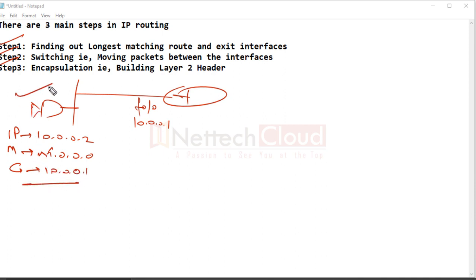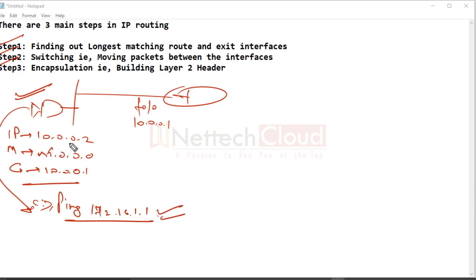Let us assume that this client machine on the LAN segment wants to communicate with another host device with the IP 172.16.1.1, right? Since the destination IP address is not from the same network segment, the gateway will come into the picture, and this ICMP packet will get encapsulated inside an Ethernet header.